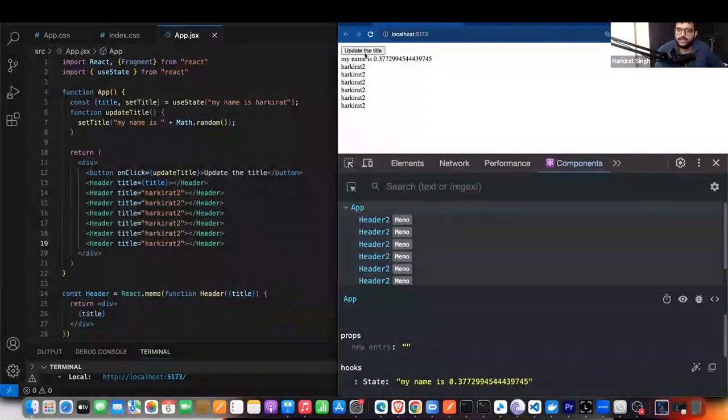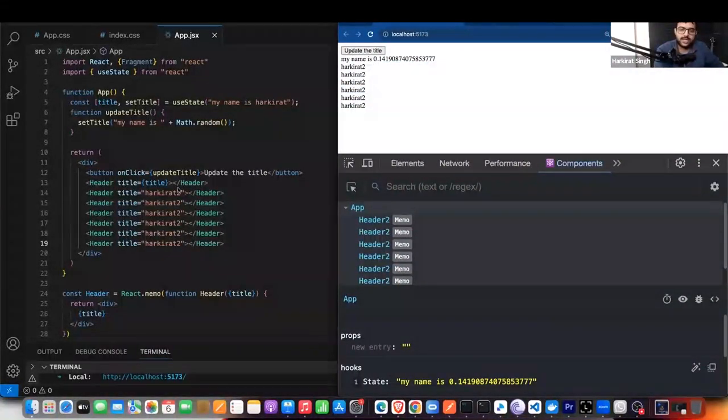Look, this renders, the parent also re-renders, of course, but these individually don't re-render. I repeat, the parent does re-render. App title changed, right? Set title changed, so app needs to re-render. The parent needs to go through a re-render, but all these individual children, you don't see any bounding boxes here,